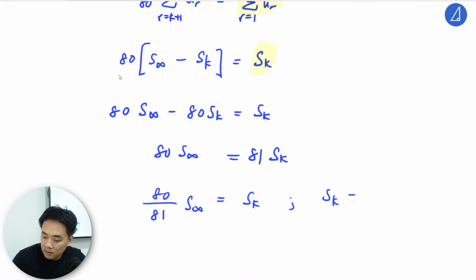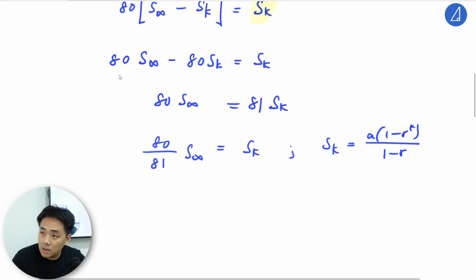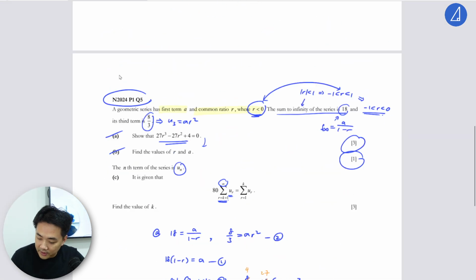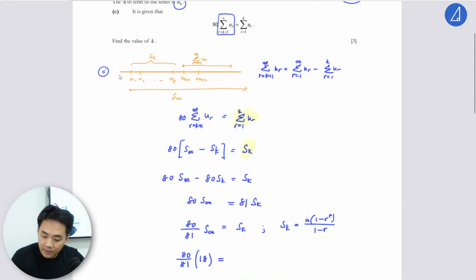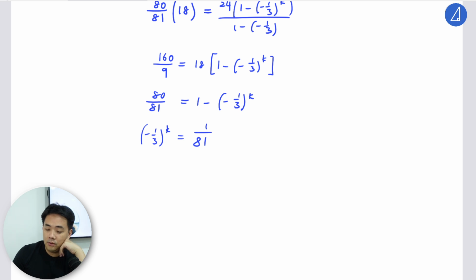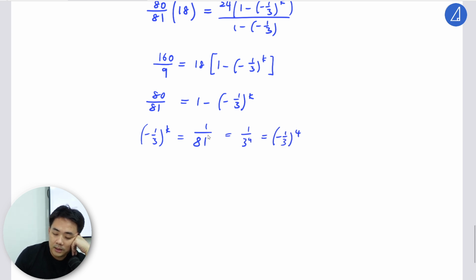The sum to the K term is A(1 minus R to the K) over 1 minus R. So just apply the formula. We already found previously that A is 24, R is negative 1/3. Then you just solve for K. Basically, you have to see that 81 is 3 to the power 4. You can rewrite this as minus 1/3 to the power 4, so you can see that K equals 4. But sometimes we want to log both sides, right? But when you log both sides, you can't really